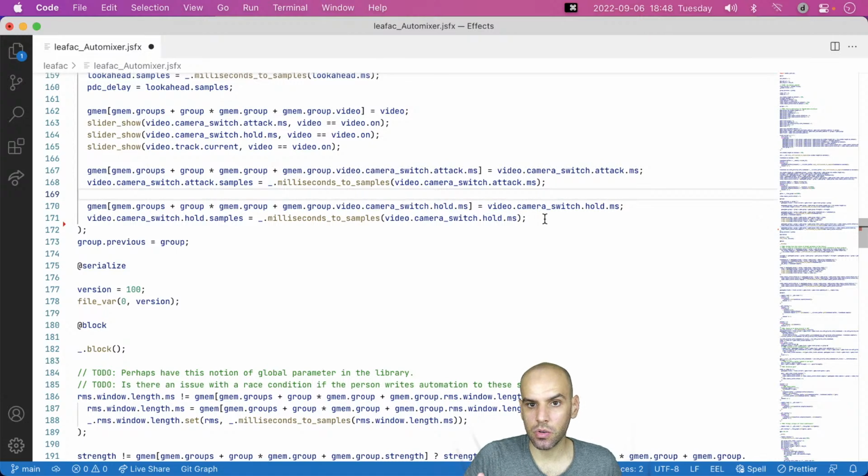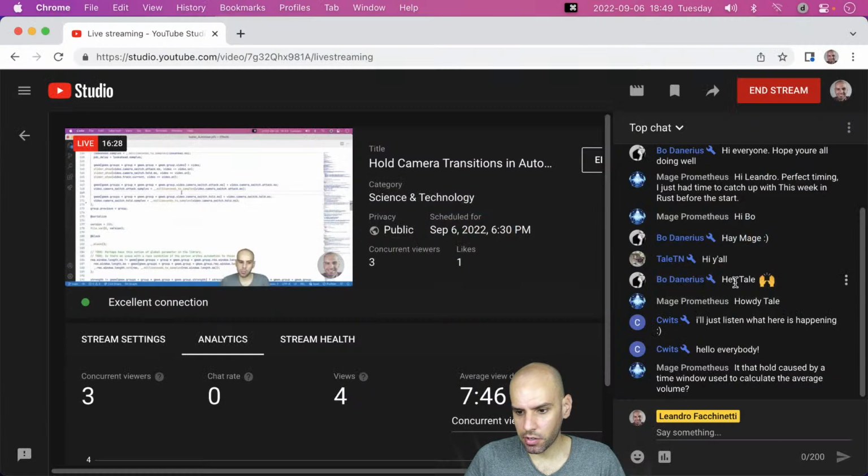And I think that this is even going to extend better to when we get to fancier features. For instance, if a camera has been on the screen for too long, we would like to cut to a wide angle view or cut to someone else just for variety. So this cut would be writing to this same place, and then the hold would just naturally work. While if we do this special case of implementing hold on the instance that set itself as the main camera, that could not work. Let's hear what you all have to say.